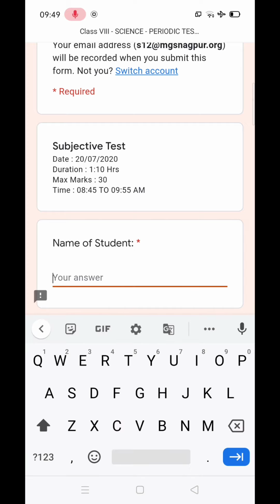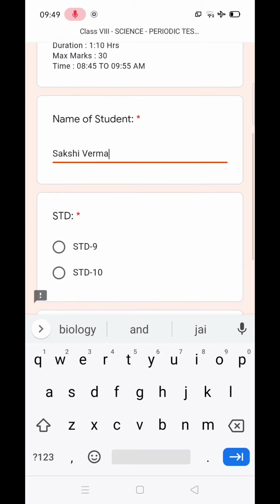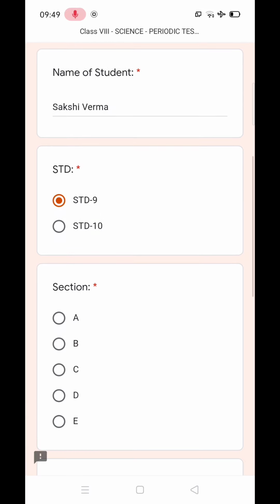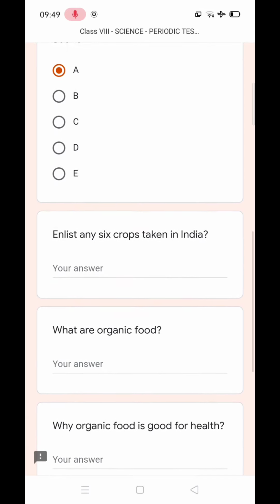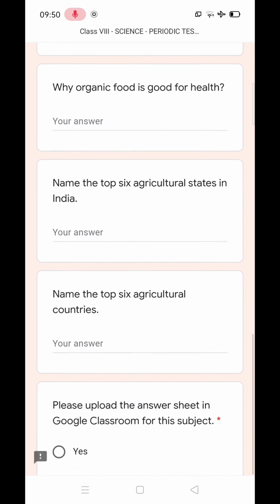Again type the name of the student, standard, section. Now you can see questions one by one. You need to read questions from here, but write the answers on ruled paper.